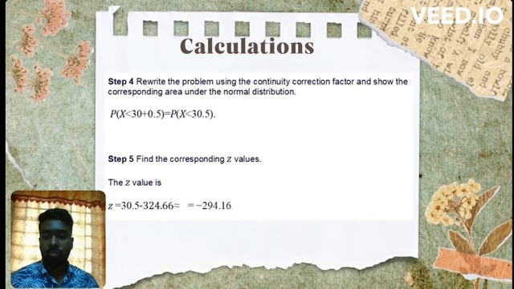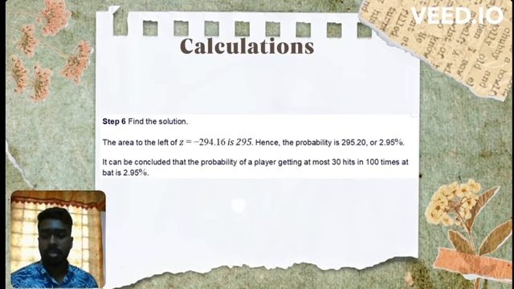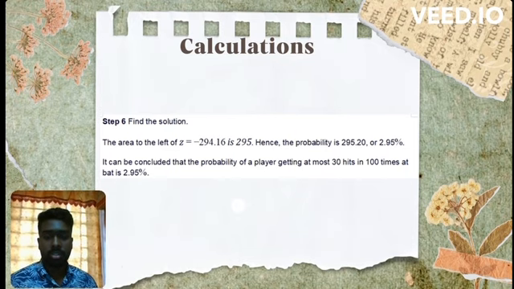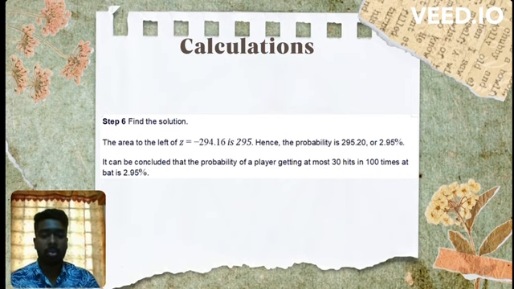30.5 minus 324.66 equals that will be negative 294.16. So the last part will be find the solution. The area to the left of z is negative 294.16 is 295. Hence, the probability is